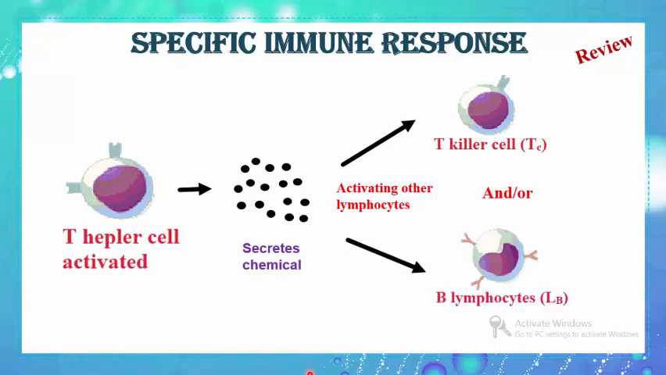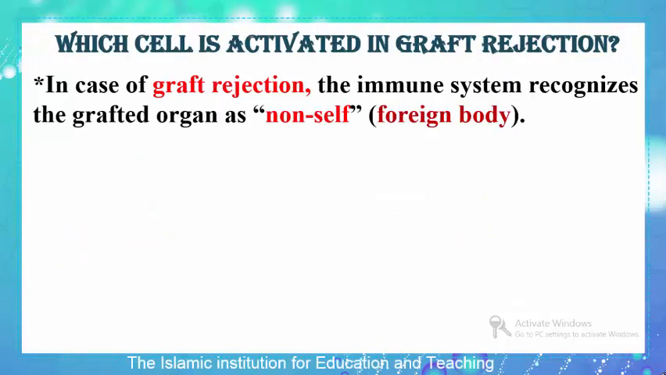Remember again, in some cases it will activate both of them, T killer cell and also B lymphocytes. But which of these two cells do you think will be responsible to play an important role in graft rejection? That's what you are going to notice in the next slide. We stated that in case of a graft rejection, the immune system recognizes the grafted organ as non-self, meaning foreign